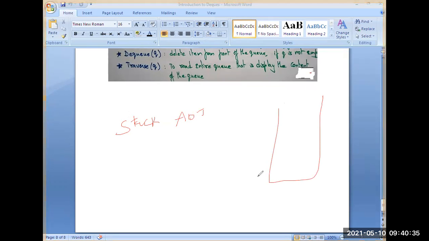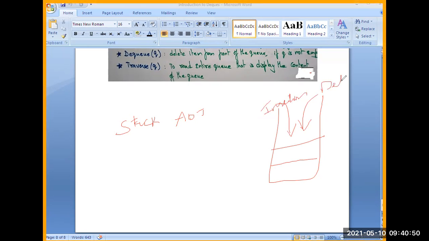So this is my stack. Insertion at one end and deletion at the same end. This is insertion, and this one is deletion. So a list with the restriction that insertion and deletion can be performed only from one end, we call it the top. This is called the top.